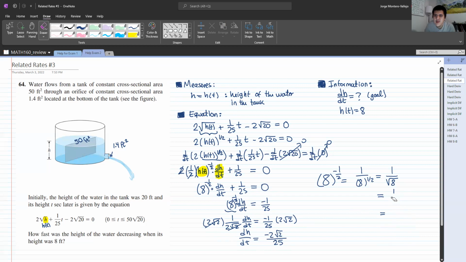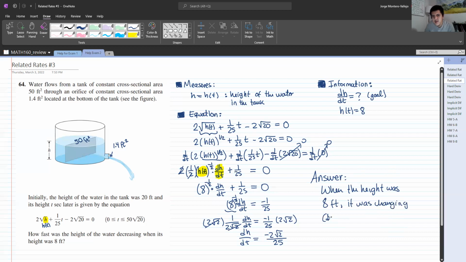I'm going to erase this. Okay, so that's what we were being asked to find for this problem, right? The HCT. You just got it. Then we write down our answer. So our answer: how fast was the height of the water decreasing when height was 8 feet? So when the height was 8 feet, it was changing,